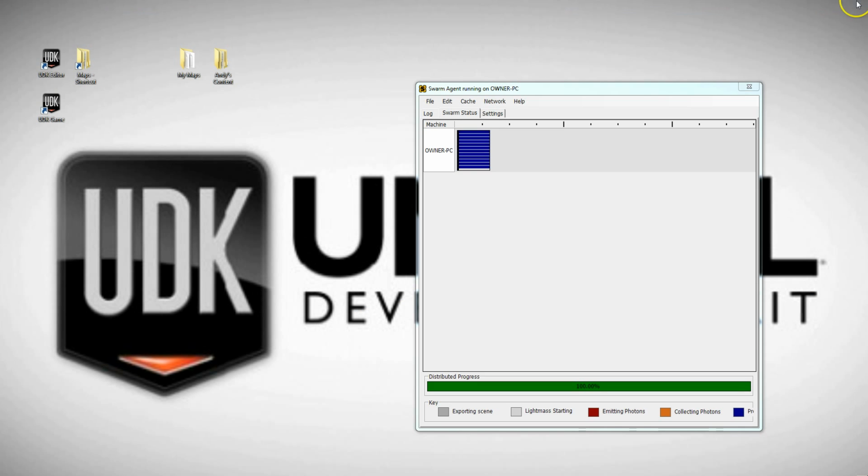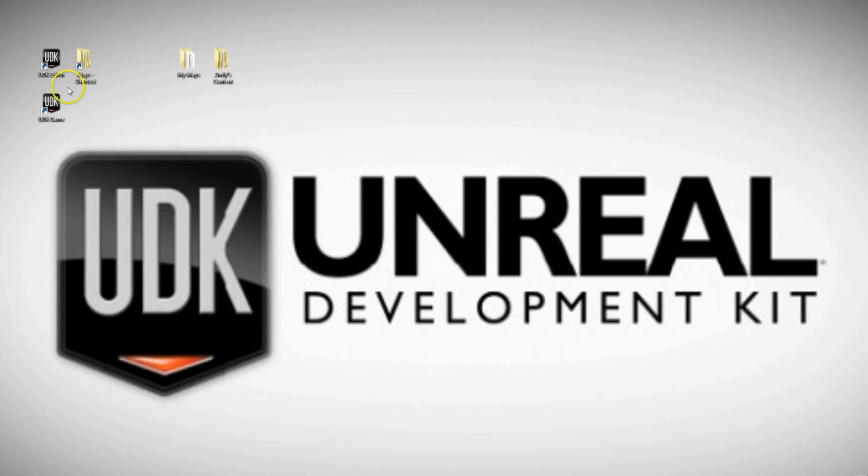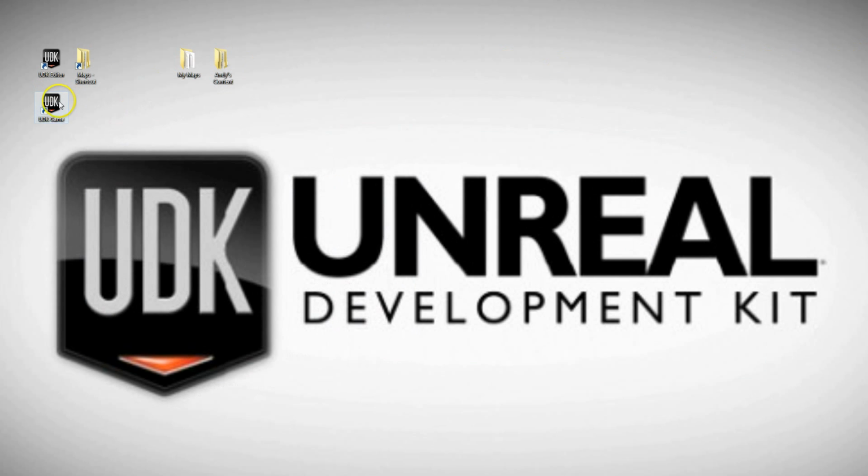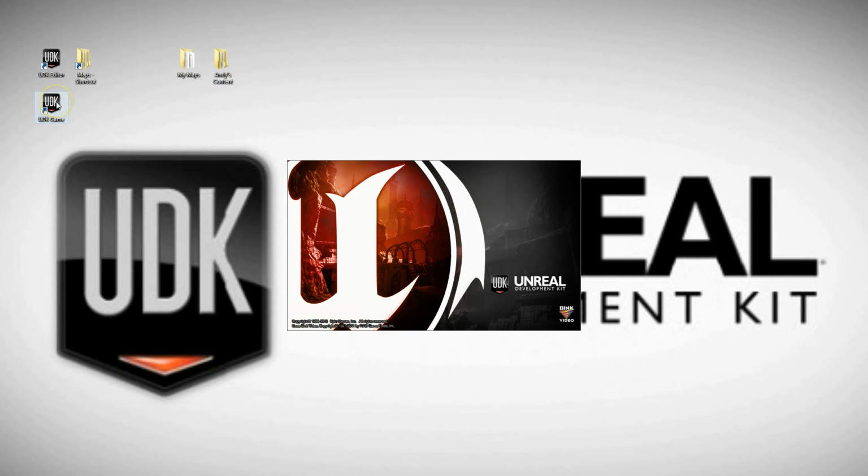So closing UDK, we set this shortcut up the first time. If you don't have it, I'll go ahead and open the file location so you can see it. In your UDK install, under binaries and then Win32, you have this udk.exe application, and this is the one we want to use, and that's the shortcut I have set here. And so, opening this up,